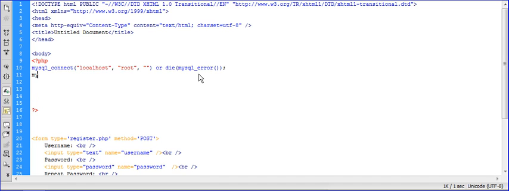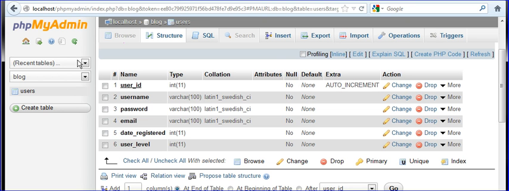We also have to select our database, because connecting to the database itself, connecting to our host is one thing, but then we also have to select our database, because as you could see, let's go back here, we have plenty of